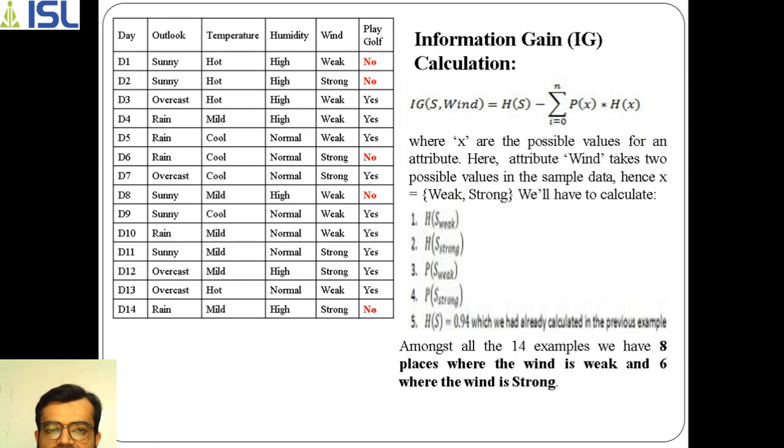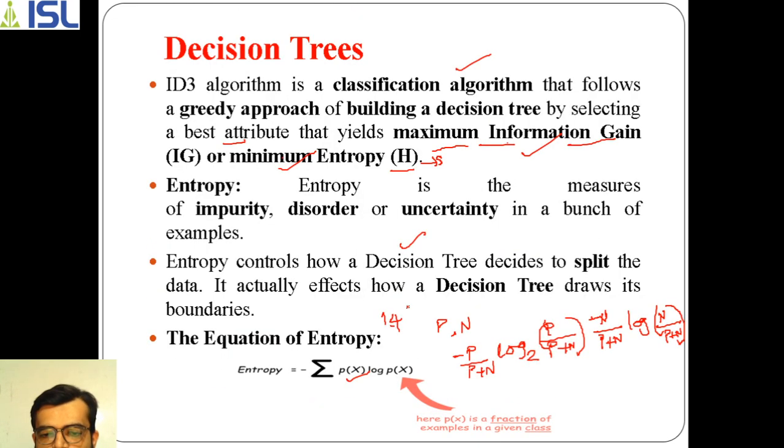Now if you observe, how many no's are there? 1, 2, 3, 4, 5 no's and 9 yes's. So the p value will be 9 and the n value will be 5. Totally 9 plus 5 gives you 14. If you substitute this, you will find the entropy of the given class, of the given data set. This entropy will be denoted as H. This is how we calculate the entropy, and it is very important for short answer questions.